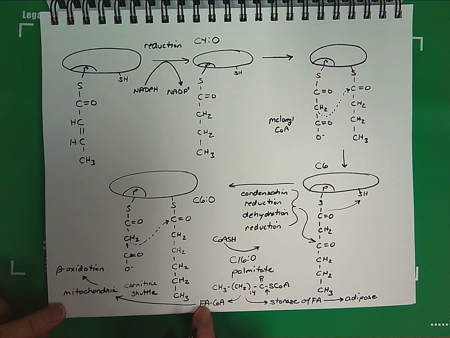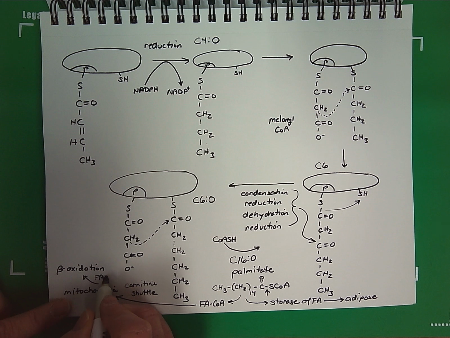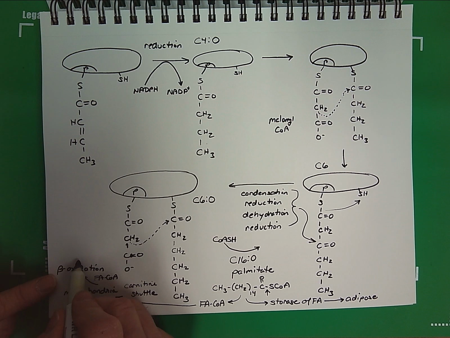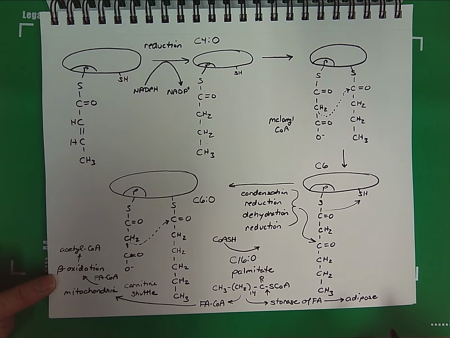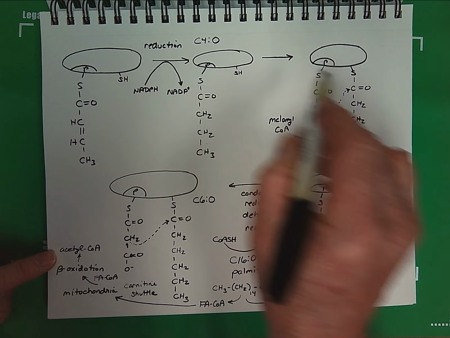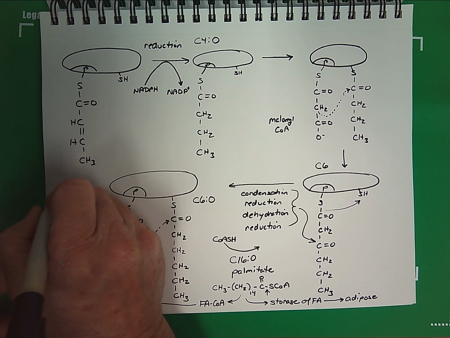Recall that the carnitine shuttle is going to convert the fatty acyl CoA into fatty acyl carnitine, and then that will be translocated in the mitochondria and then regenerate the fatty acyl CoA to be put into beta oxidation. The result of that is acetyl-CoA. If that happened, we would be right back to the starting point, but using all of this energy in a futile way. This is a futile loop. And so in order to prevent this from happening, recall that we have our